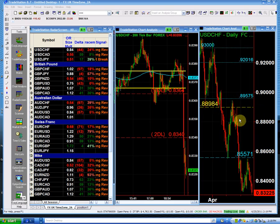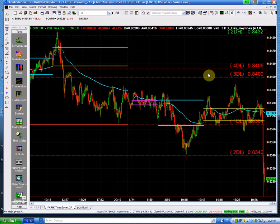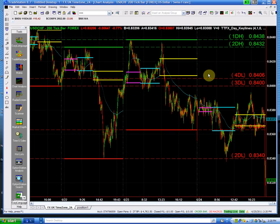If you look at this chart, there is quite an interesting move. All the sell-off that came in the dollar Swiss just happened in the last half an hour or so of the market. I mean, the dollar Swiss in the intraday was pretty much holding, and